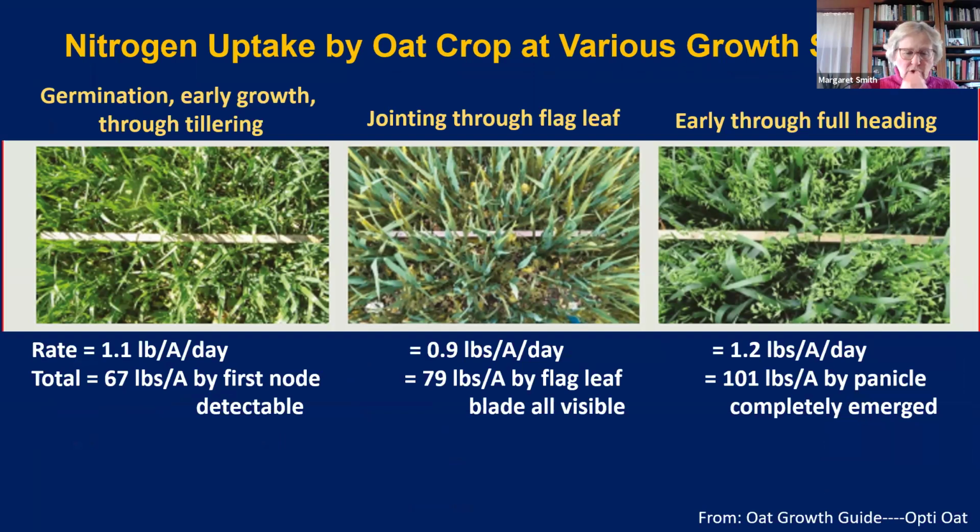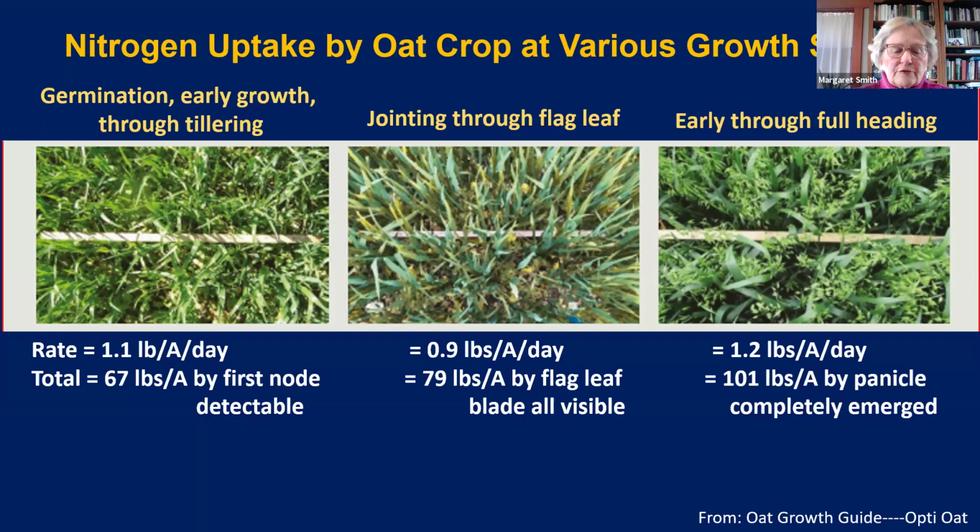and we've got a photo of growing oats here, they're taking up 1.1 pounds of nitrogen per acre per day. And they'll take up a total of 67 pounds by the time of that first node of the elongating stem. Okay, we're talking about that's a critical time for grazing or to remove animals from grazing. But about 2/3 of the nitrogen that's been taken up is taken up by this stage. So if you look into the next stages between